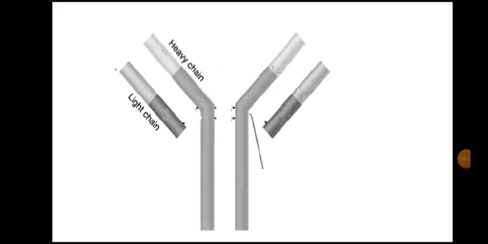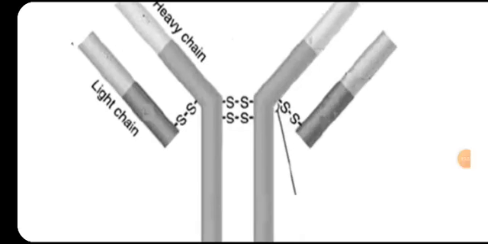Then 2 heavy polypeptide chains. So the names are given depending on its molecular weight. Light chain has low molecular weight, heavy chain has high molecular weight, and that is the reason why they are called light chain and heavy chains. So 2 identical light chains and 2 identical heavy chains. So that makes this Y shape, and all these chains are bound to each other through this